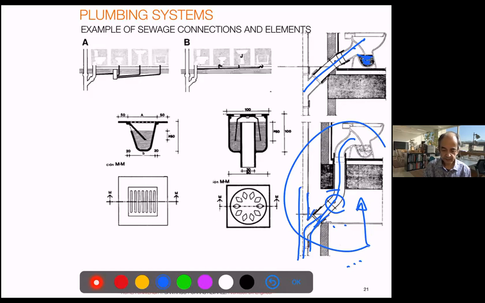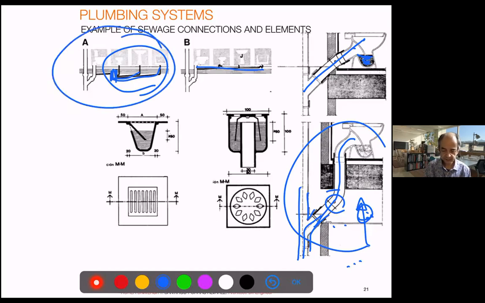And again, each of the appliances may go to a shared water trap under the floor. This is the same case we saw on the lower part, or over the floor, with the inconvenience of more difficult repair. So in general, the trend is doing things under the floor.